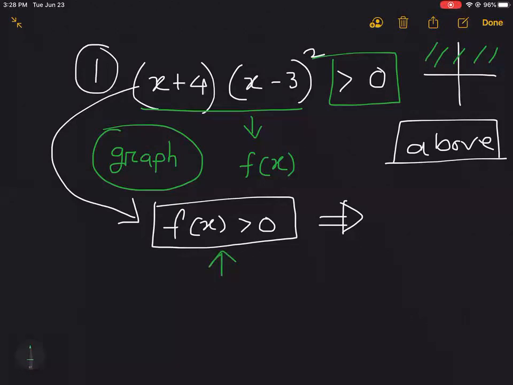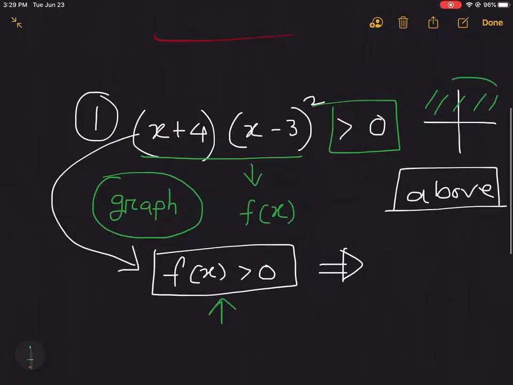So if f of x is greater than 0, graphically we mean that the graph will be above the x-axis. Right, yeah. Okay. You wrote it wrong. Anyway, no problem. You can still make the correction. Anyway, all we are looking for is this area, this region